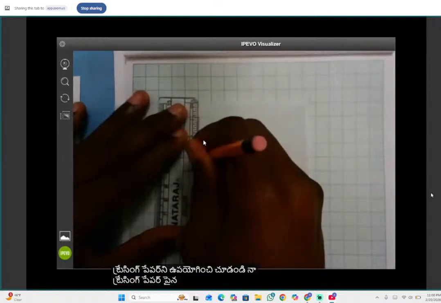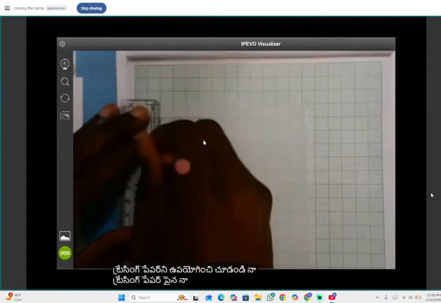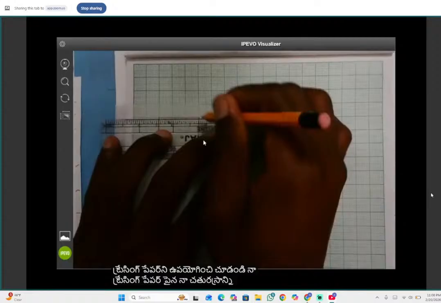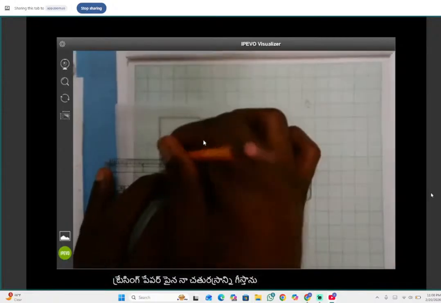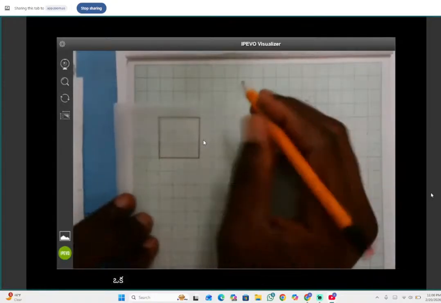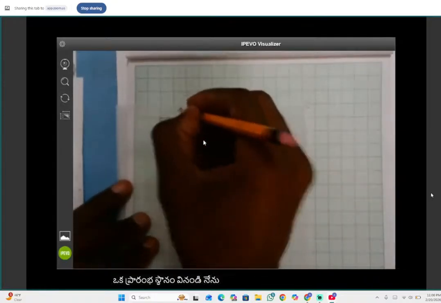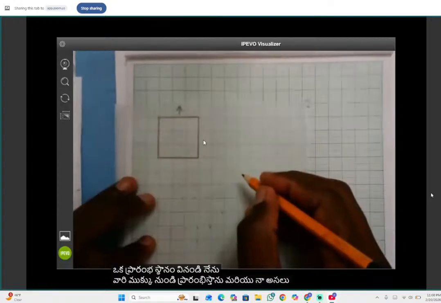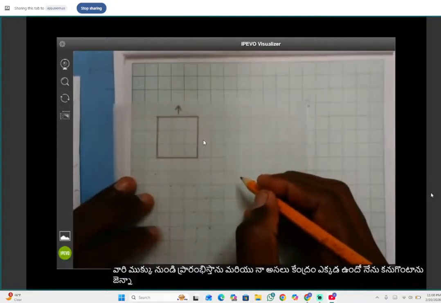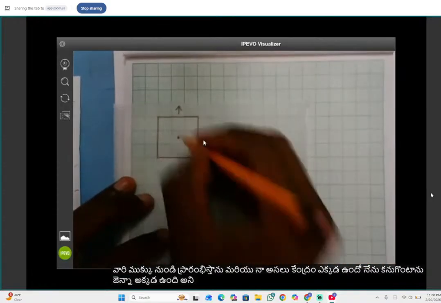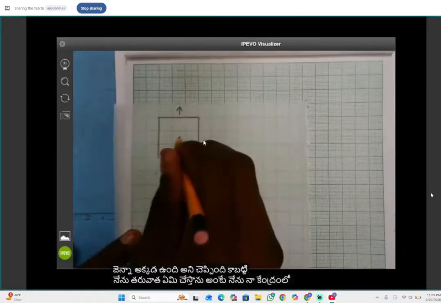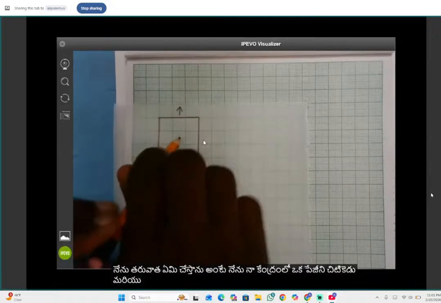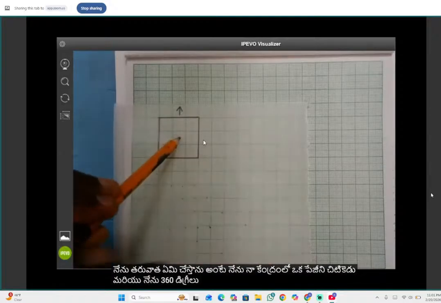I draw my square on top of my tracing paper, like that. I keep a starting point. Let's say I'll start from there, north, and I find out where is my original center. Original center is there. So what I do next is I pinch at my center, and I have to rotate